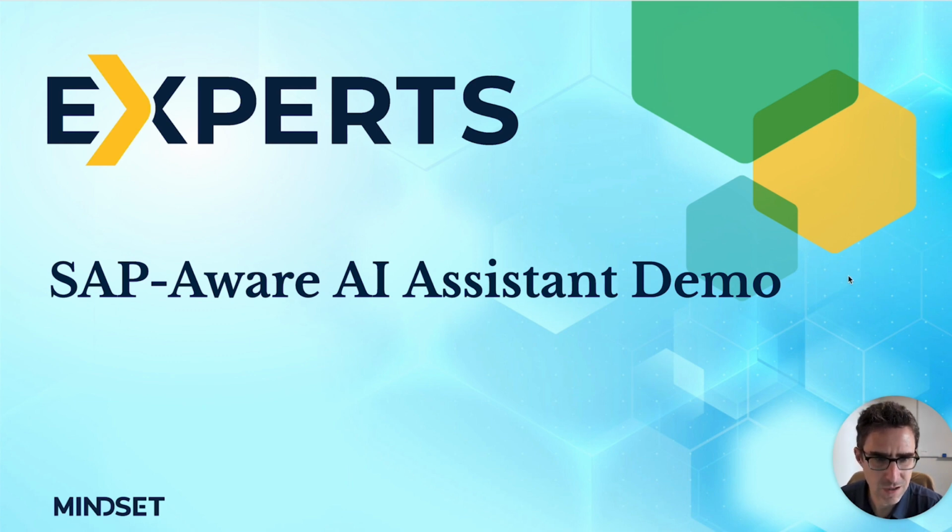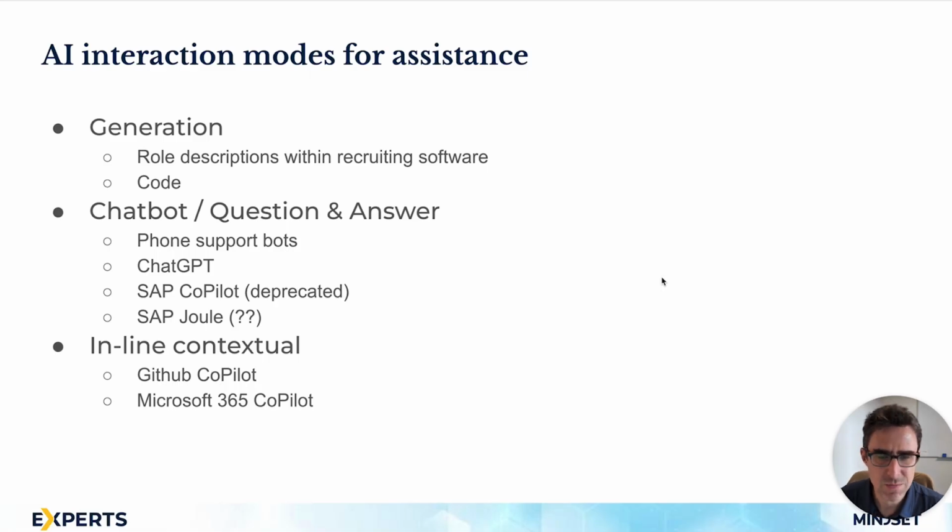Just as we get started, I'd like to talk about a couple of different types of AI and AI integration that we can have in our applications. I think this is really important because when we're solutioning for a business problem, sometimes AI is the right answer and sometimes it's not. Sometimes there are better options. And the way that we use AI in the solution, if it is the right answer, is really important as well. So I'd like to go through a couple of those.